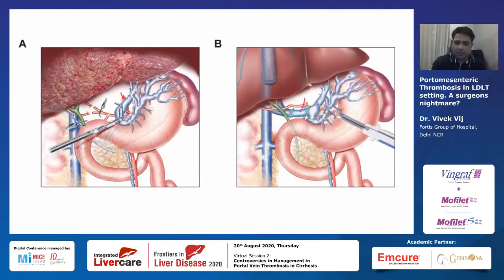This is a graft. There are various techniques you can do. Sometimes I divide it here and reflect this coronary vein to do the anastomosis, because usually during living donor liver transplant we are short of the veins, especially in portal vein thrombosis. So I preserve a length, reflect it on the other side, and then do the anastomosis. But having said that, you must be very cautious about the lie of the portal vein. There should not be any kink in the portal vein.